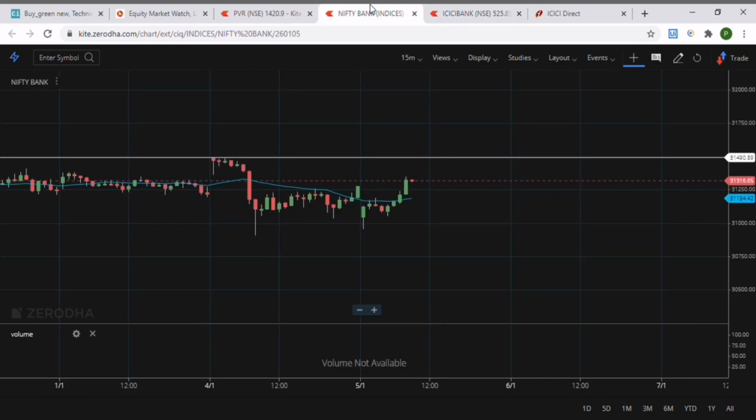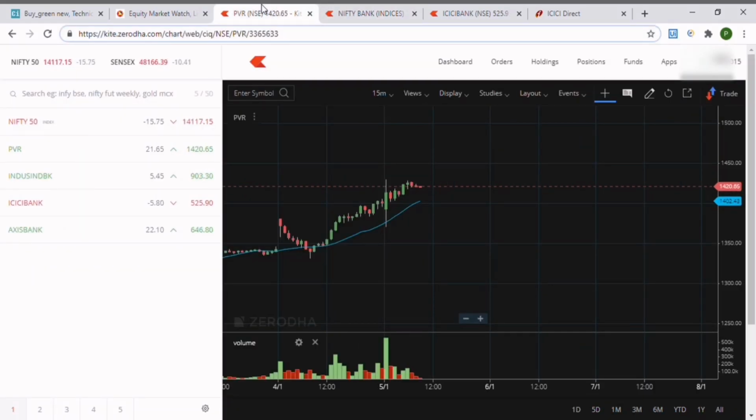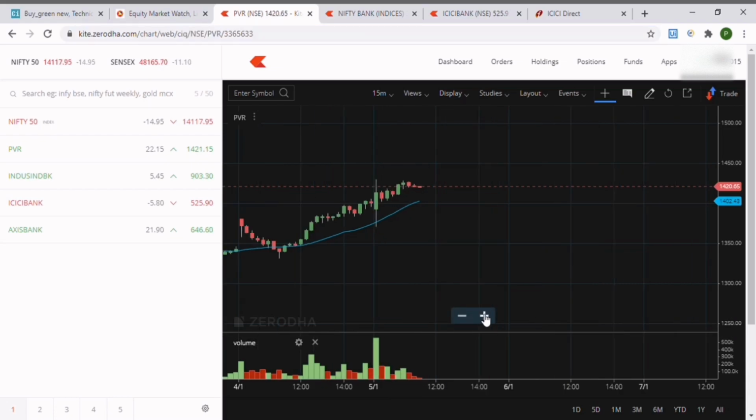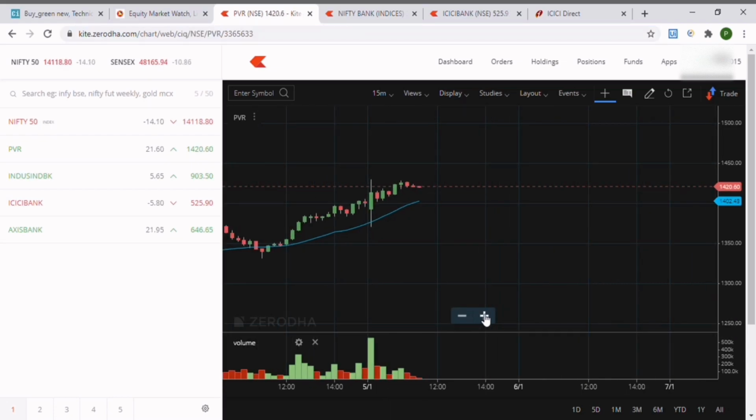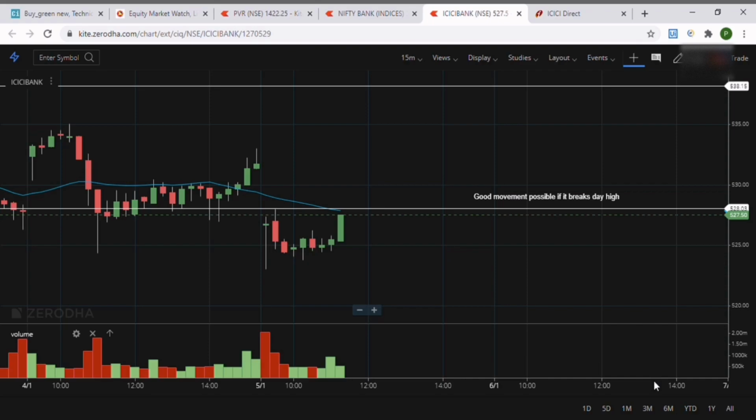So I'll be pausing the video in between. Now as you can see, ICICI is getting some momentum and we can see a good movement if it breaks the day high. So let's wait and see.